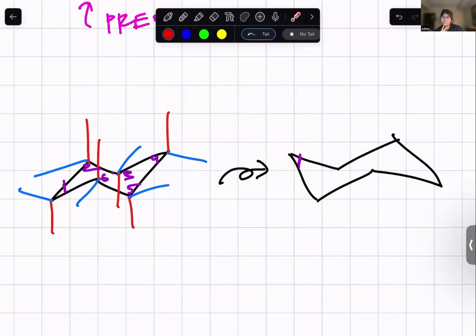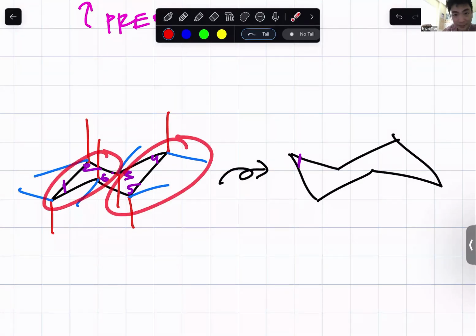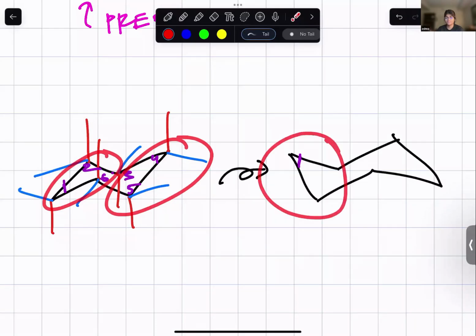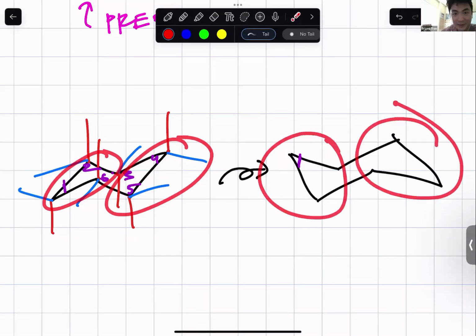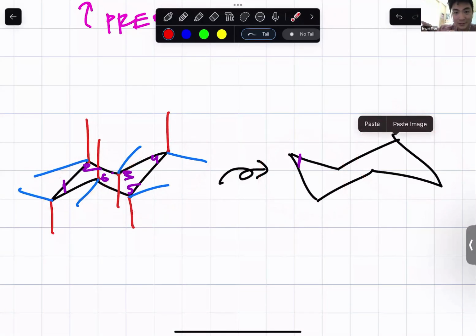So what do you mean by flipping? Are you squeezing it up, or are you flipping it that way, or is it rotating? I think 60 degrees. Yeah, rotated 60 degrees. Okay. Where you know how this part is facing down and this part is facing up? Now this part is facing up, this part is facing down. Right? We're rotating each carbon to make it pucker into that conformation, basically.